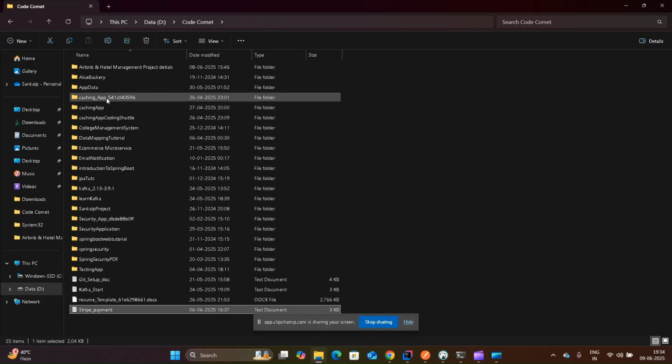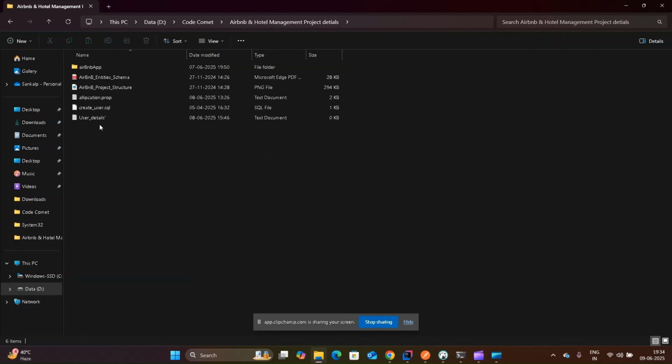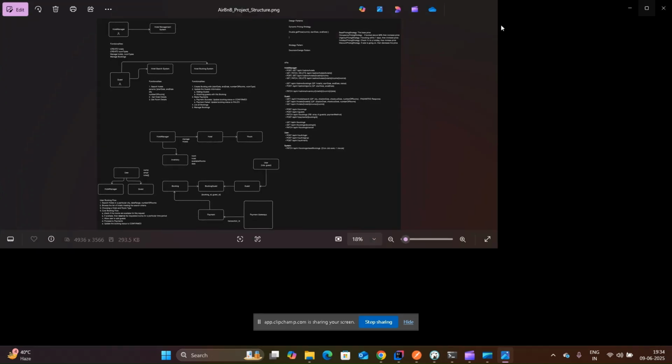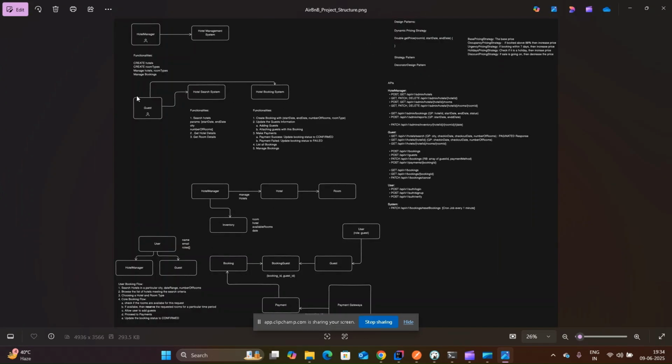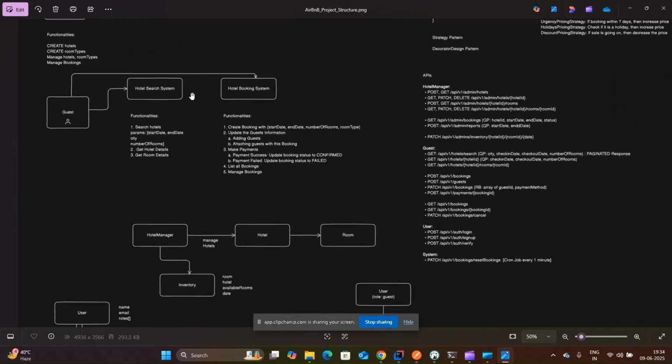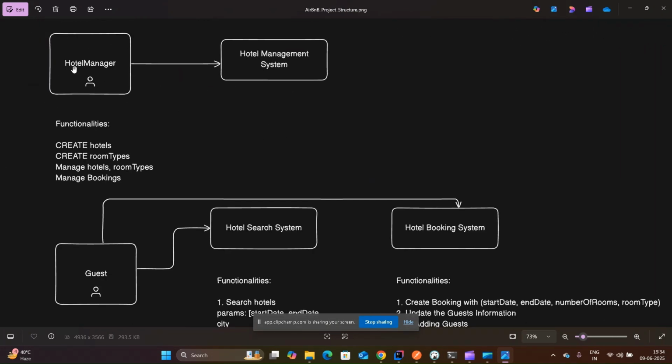I have a document regarding that. This will be a flow diagram which will be explaining all the important features of this project. The whole project will be divided into two flows. First will be the hotel manager, which will be initiating all the admin kind of roles. For example, creating hotels, creating room types, managing hotel room types, managing bookings, managing inventory, every sort of thing he